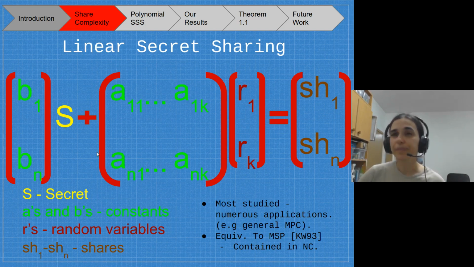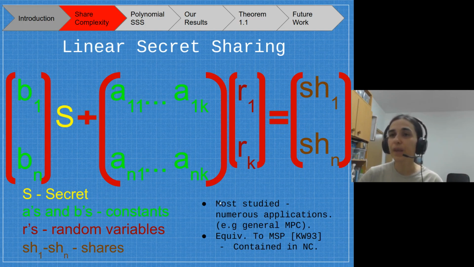And this type of schemes has found many applications beyond storage, like in MPC, and even designing MPC for general adversarial structures, and many more. One nice property such schemes have is additive homomorphism, where if each party locally adds its shares,